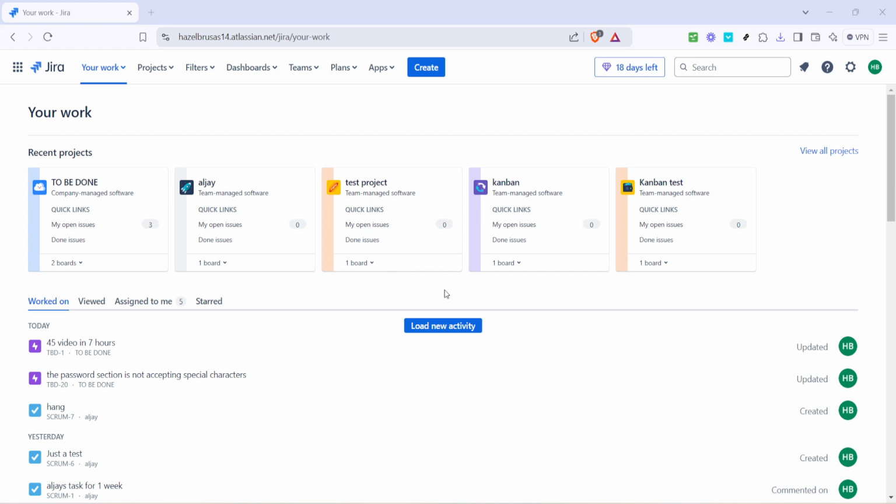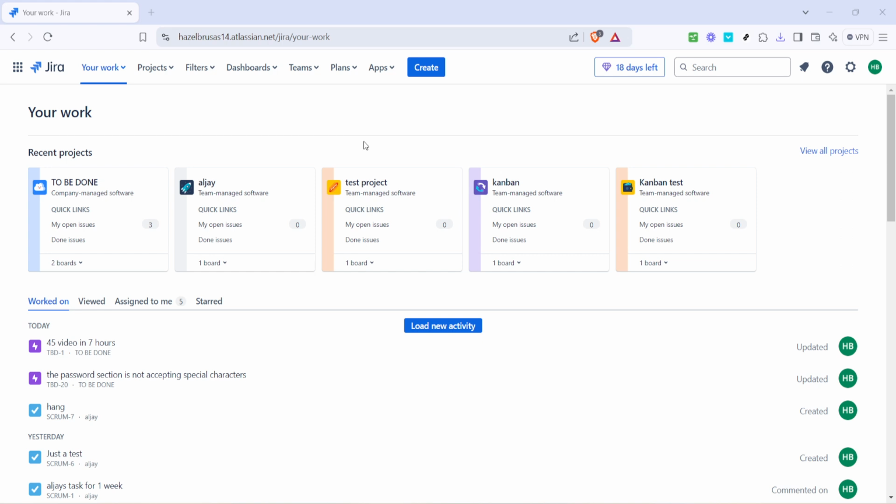Next, you'll want to identify the specific project you wish to explore further. Within the Your Work section, there's a list or grid of projects laid out for you. Carefully scan through these options and select the one pertinent to the board you wish to view. If you haven't already been set up with projects, you might need to reach out to your Jira admin for the appropriate access. Selecting this project is crucial as it serves as a filter that will help you zero in on the precise board you need.